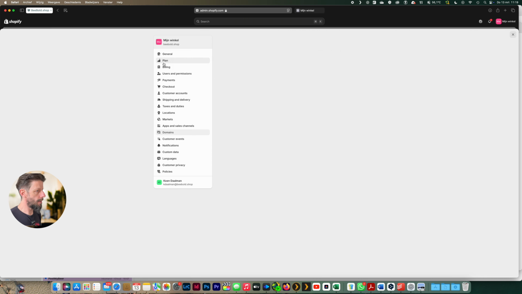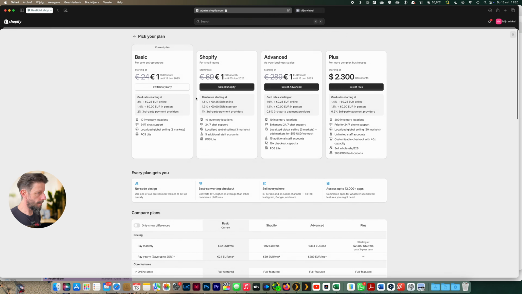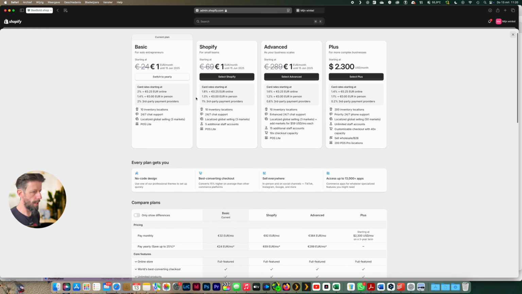While we're in the settings, if you go to plan, that is where you can change your subscription to Shopify. So here we're still on the basic plan for €1 a month. That is until the 15th of June in my case. You can also switch to a yearly plan and then you will save even €96 per year. You can select this and check out all the features that you have in a basic plan, a Shopify plan, or an advanced plan. But as stated, in my opinion, the basic plan is already a very fine starting point